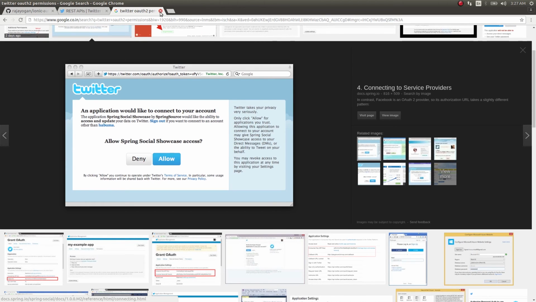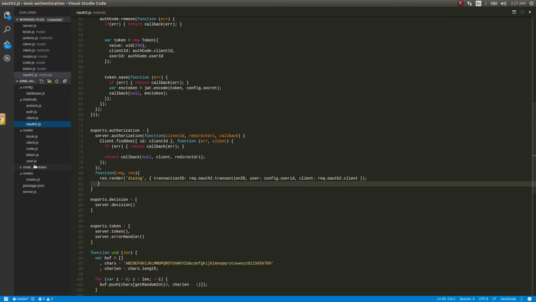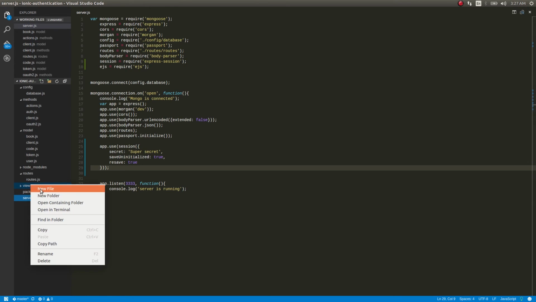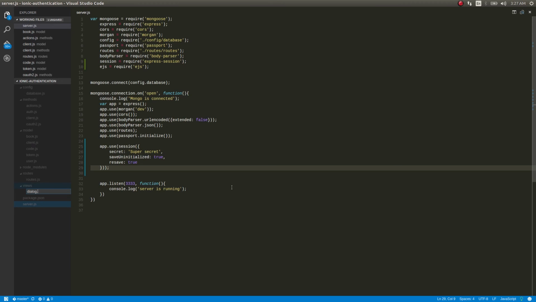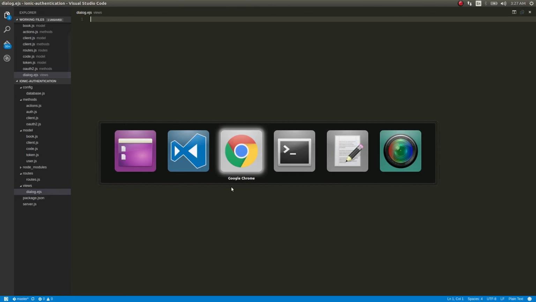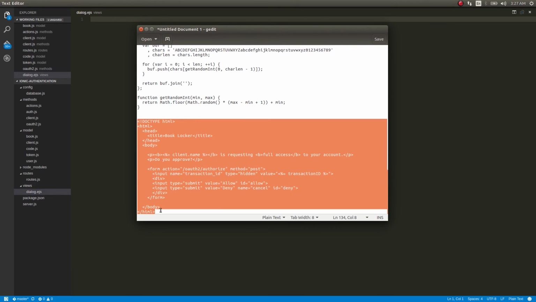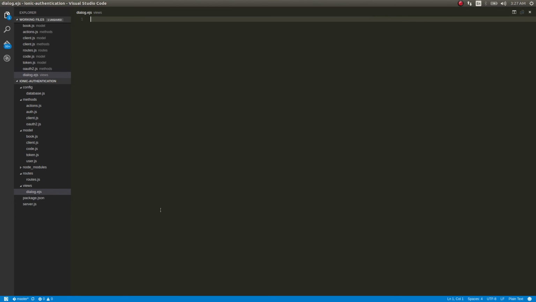So to do that, we'll go ahead and create a directory called views, and inside this we'll create a file called dialog.ejs. Once again I am saying, guys, this code I just took from Scott K. Smith. Thanks, Scott, if you're seeing this.